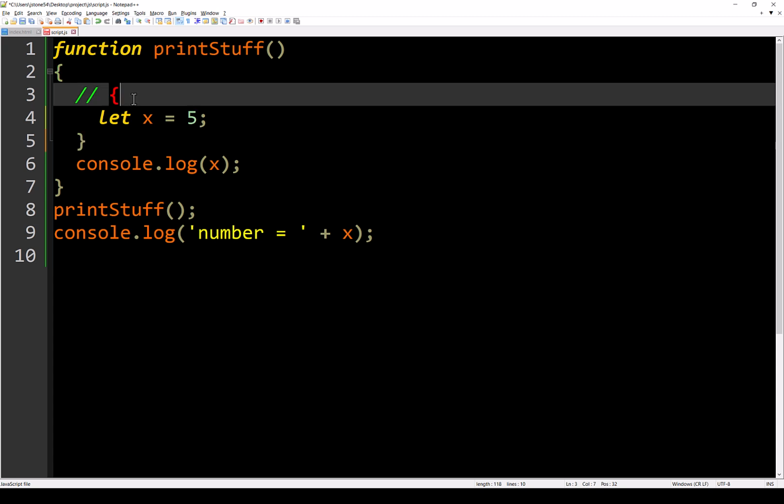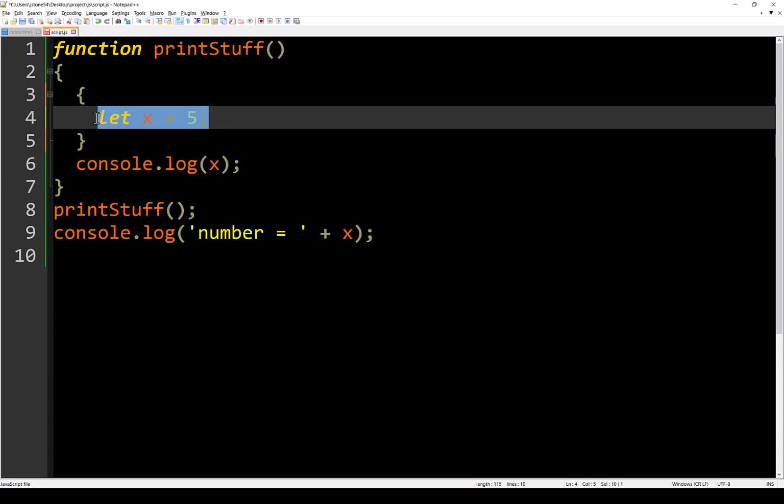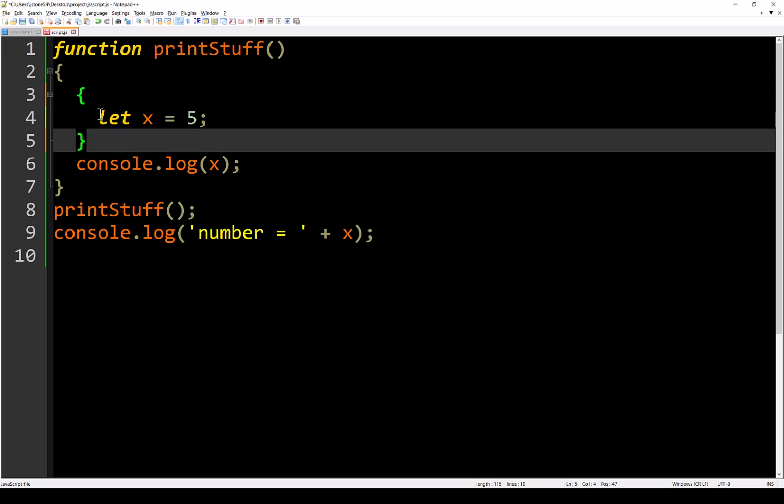Now, if we put these curly braces back on, the problem is that the let, or the const, goes to its nearest parent, if you will, right? The parent of let is line 3's curly braces, right? Lines 3 and 5. That's its parent. And so, yeah, line 2 and 7 curly braces are the grandparent, but it's only scoped to its immediate parent, for the want of a better term.